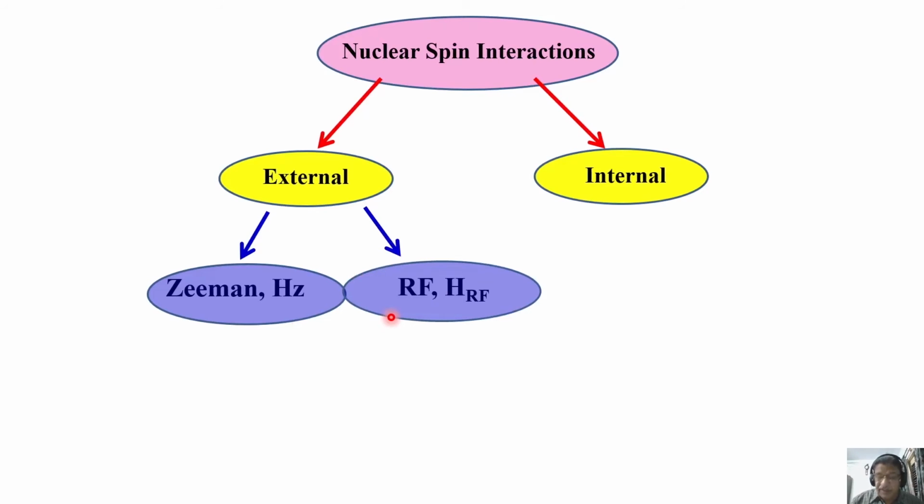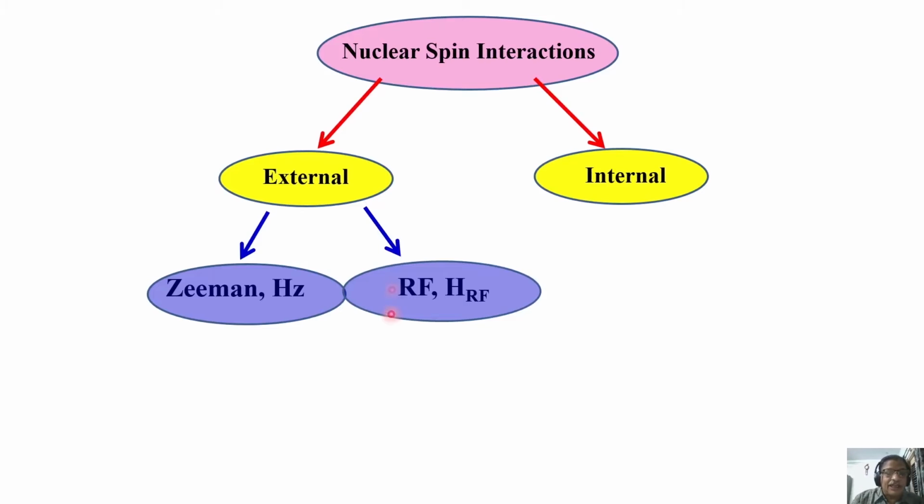What is after all a radio frequency? It is nothing but an electromagnetic wave, the radio frequency pulse I am sending. It is electromagnetic radiation which has an electric component and a magnetic component. Now the magnetic component of this also interacts with the nuclear spin. It is like bringing two magnets together. There will be an interaction. We are sending the radio frequency signal from outside, hence I call this an external interaction.